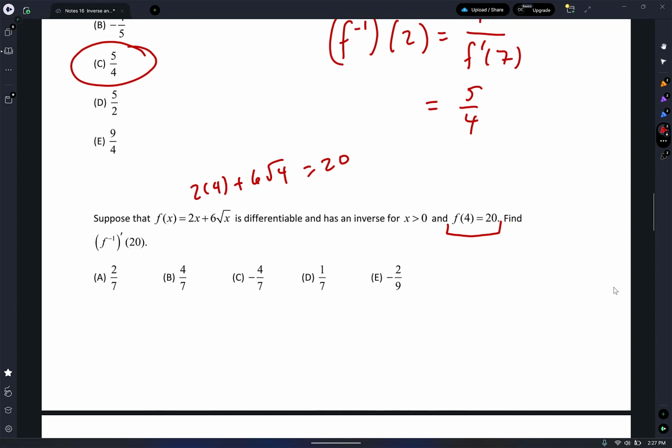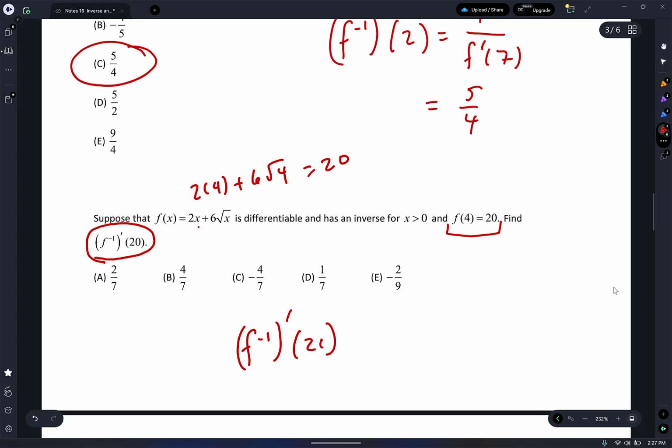Okay, so here we go. They want the derivative of the inverse at 20. Are you going to try and get the inverse function? No. I mean, you can, but it would be really hard, especially when you've got an x and the square root of x. So don't even try that. So the next step: I'm going to write the derivative of f inverse evaluated at 20, which is nothing more than 1 over f prime evaluated at